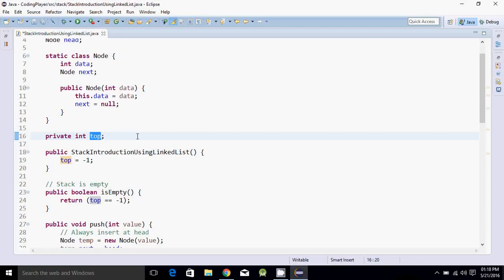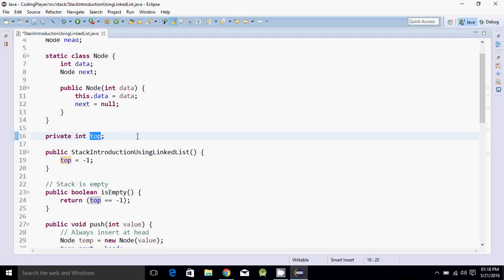But when we create a stack using linked list, the full, meaning overflow, condition will not occur, because a linked list is not predefined in size, so you can keep adding. It will add a node in different memory chunks. So unless your hardware, your hard disk, has a full memory, it will not return an overflow condition. So I don't have to check the overflow condition at the time of the push operation, but I have to check the empty or underflow condition at the time of the pop operation, meaning deletion of an element from the stack.